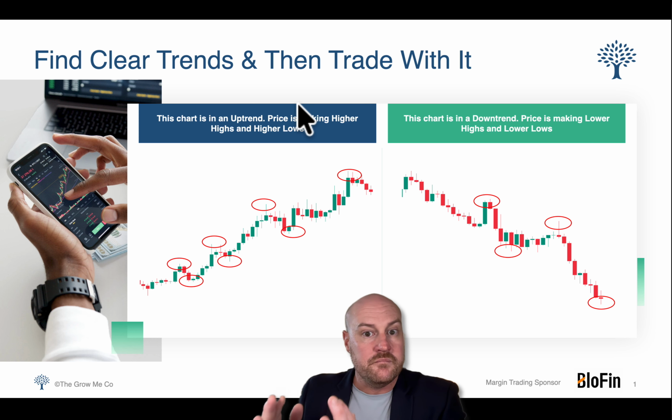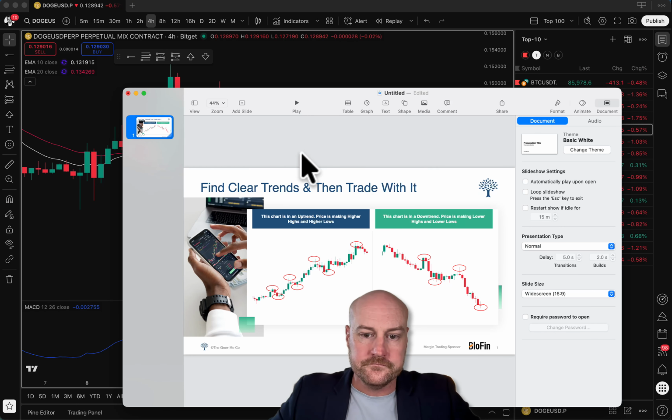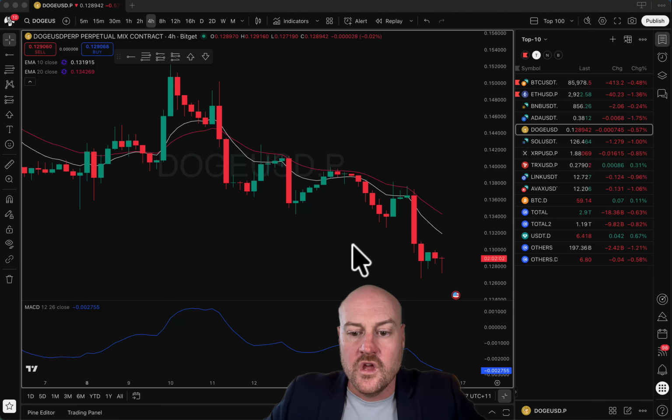What this opens up is the possibility to make money in an uptrend or a downtrend. Whether the market's going higher or lower, I am able to profit from the market if I execute flawlessly within that trend. So, higher highs and higher lows on the left-hand side here, and lower highs and lower lows is a downtrend on the right-hand side. Now, what I want to do is show you right now how that actually looks on a chart,